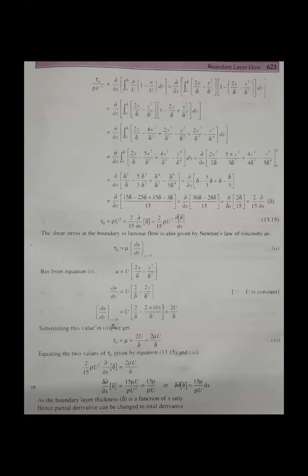See, that equation we had in the last problem. This is the equation u by capital U equal to 2 into y by delta minus y square by delta square. So using that velocity profile,